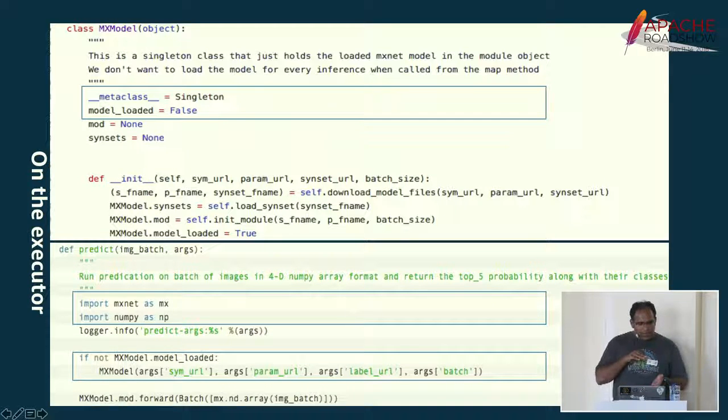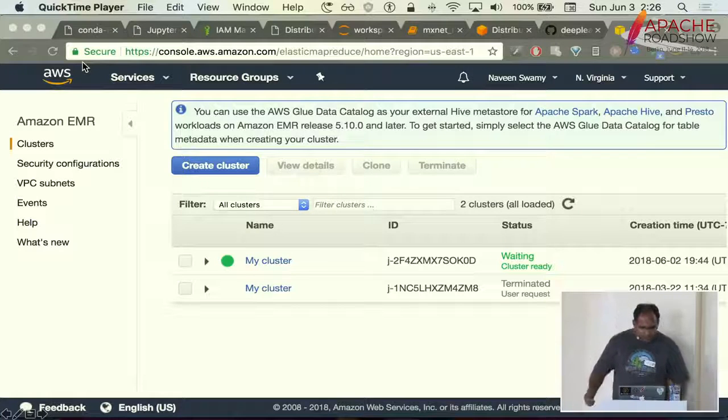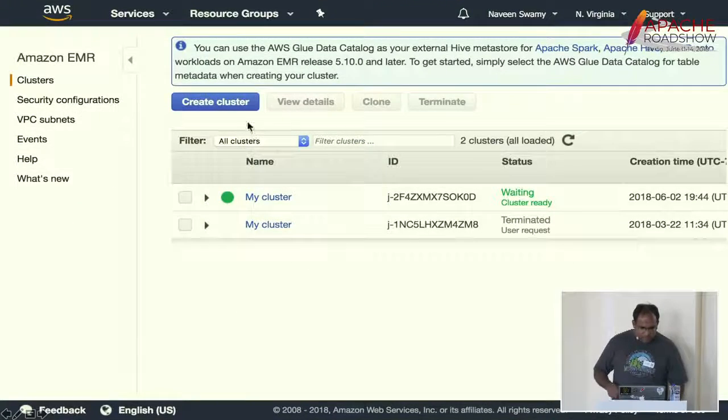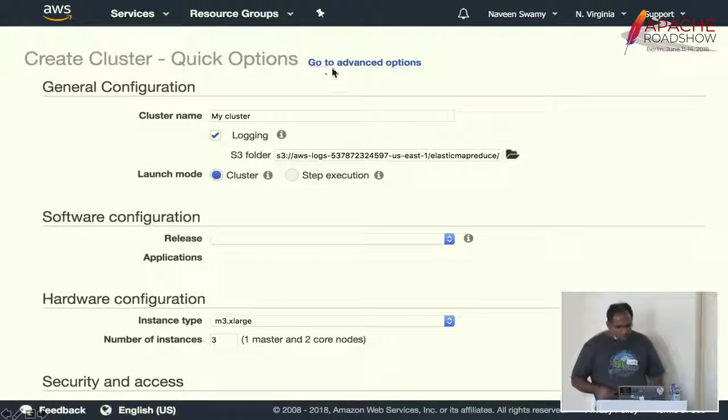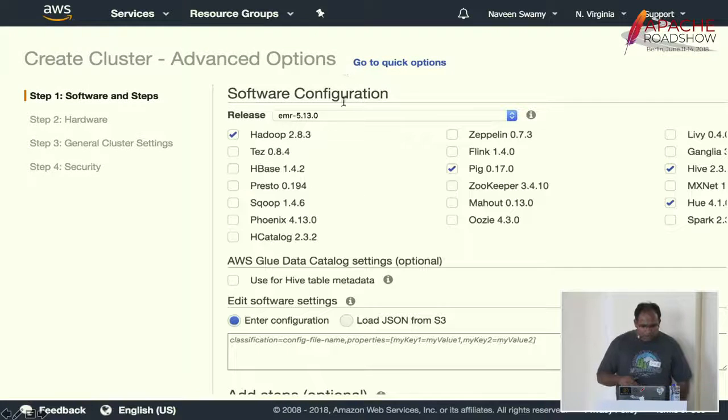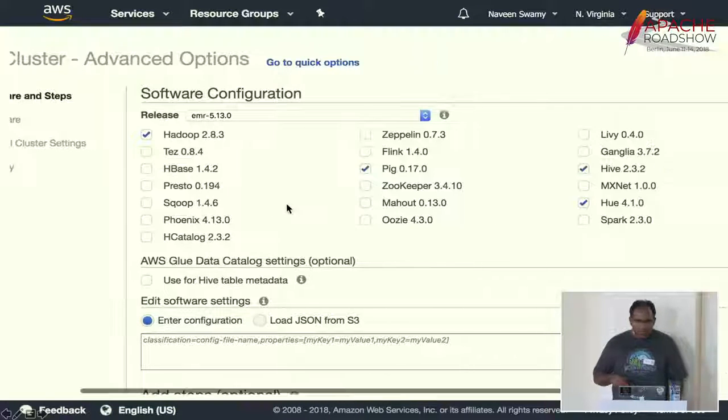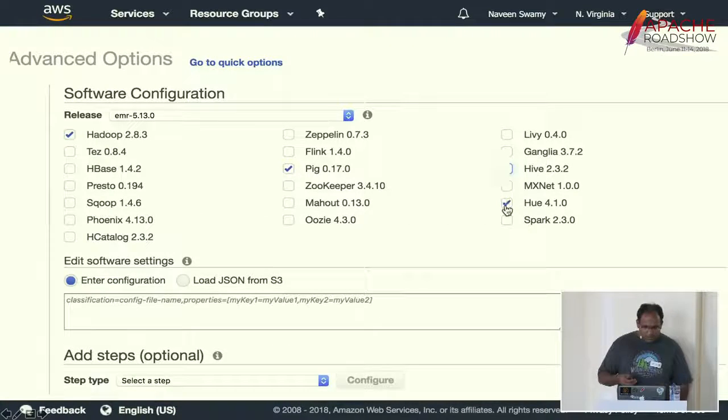So we'll import it at the map partition method and then make the libraries available on all the nodes. So it doesn't have to serialize. The libraries are already available. Let's just quickly see a small how to use it on EMR. It makes it very easy. It's a click of a button for you to install MXNet and Spark together.